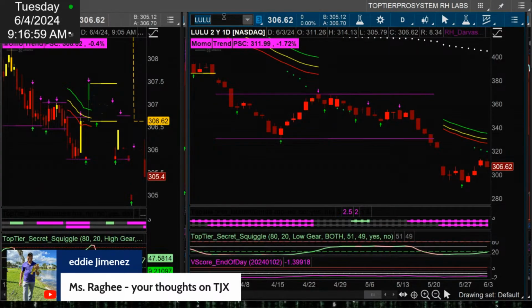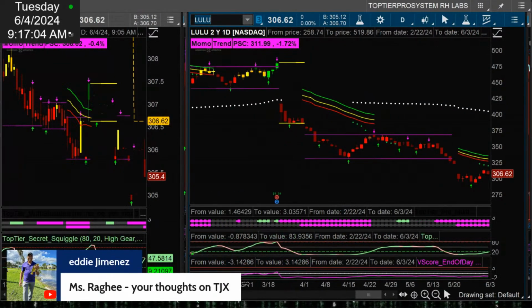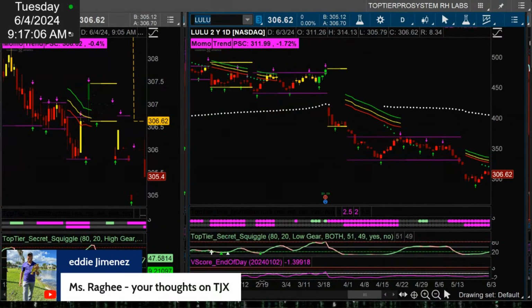Lulu's in a downtrend. Apparently, yoga pants that make your butt look good is not in demand. I don't know what's going on with Lulu. However, I don't need to know much more than the fact that the red candles trading below the mean reversion of the green, yellow, red lines, trading below the white dots of the 200 propulsion, tell me that we're on the bearish side of things.